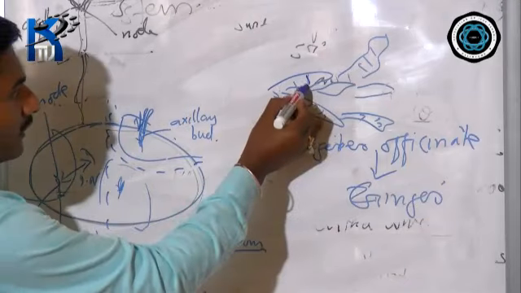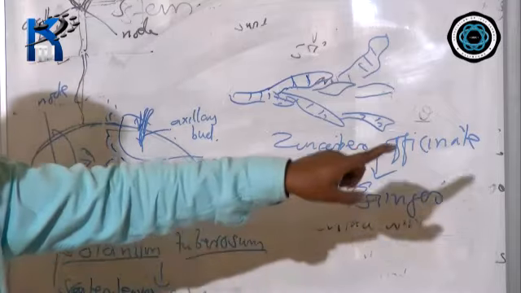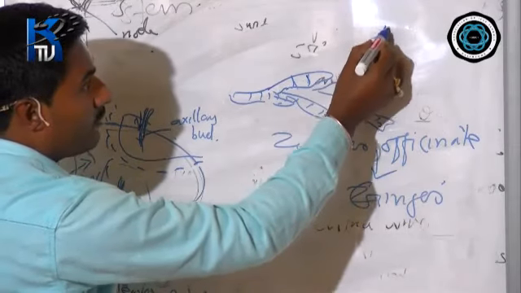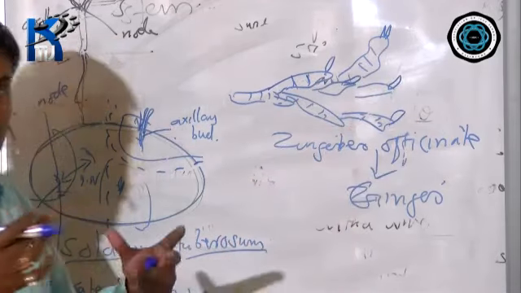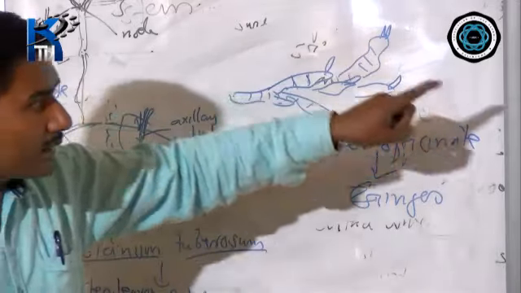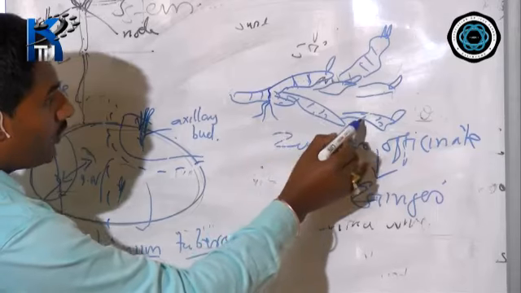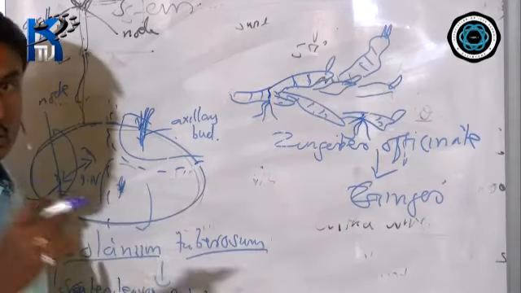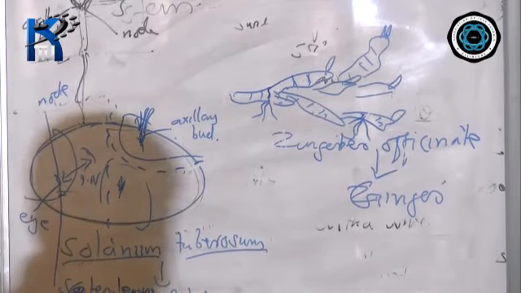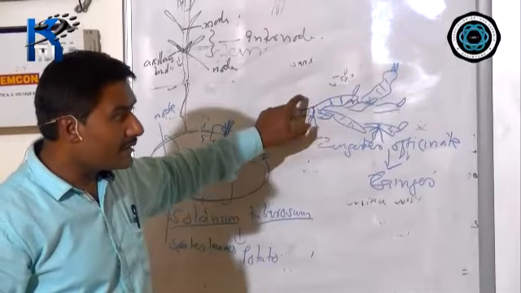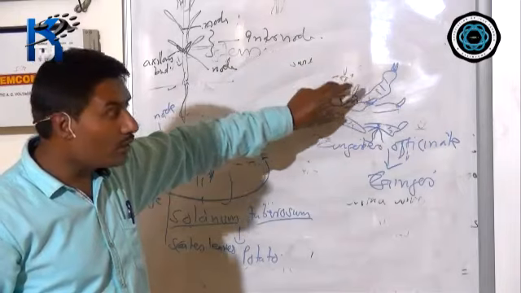They also have scales, this type of scales are present. Okay, they have scales, leaves, and at the tip you will find this type of buds emerging out. When this rhizome is old enough, you will find the bud emerging out. And adventitious roots, from each of these nodes you will find adventitious roots. So again, when I say adventitious root, a root that emerges from parts other than the root is called an adventitious root. And what do they have? They have stored food.